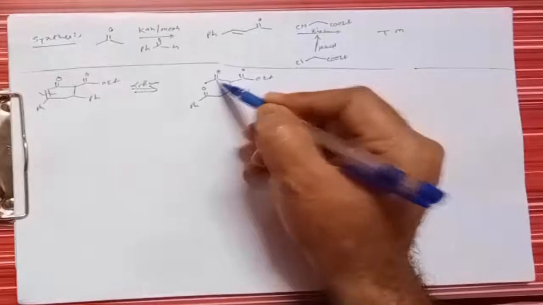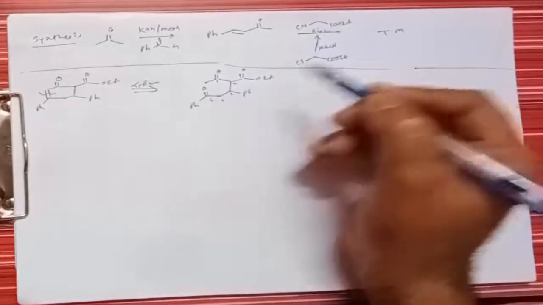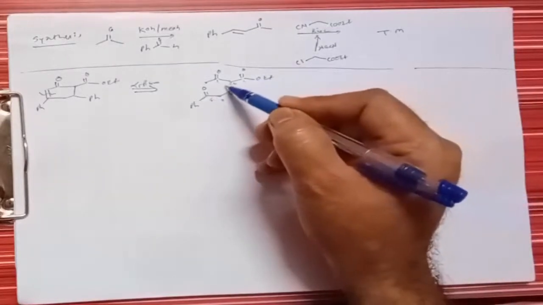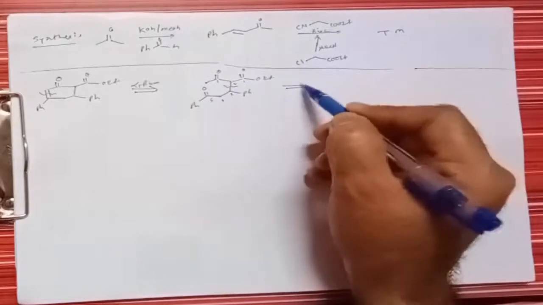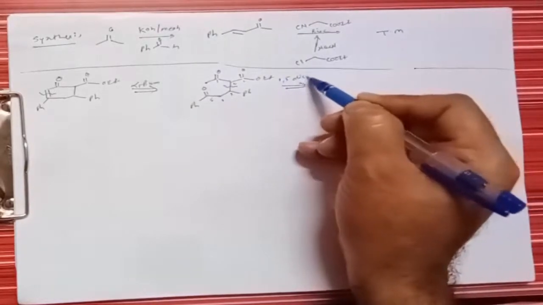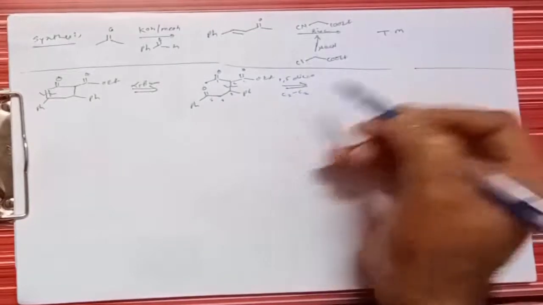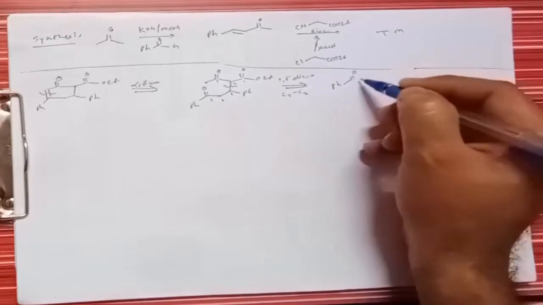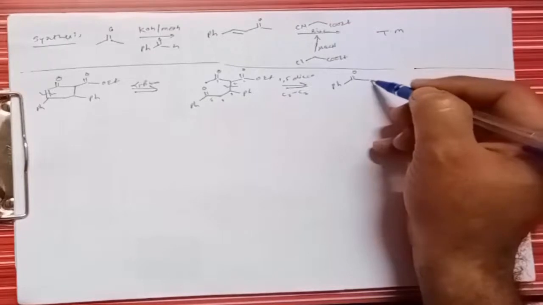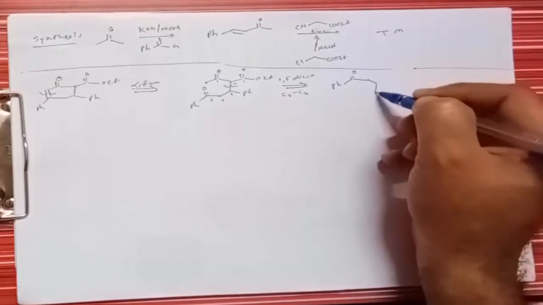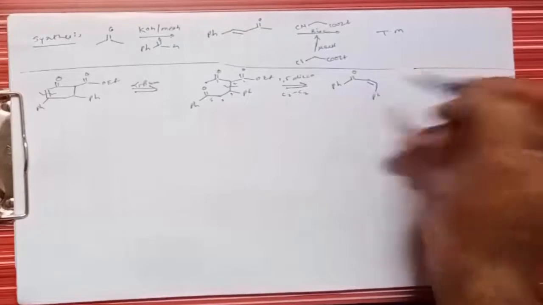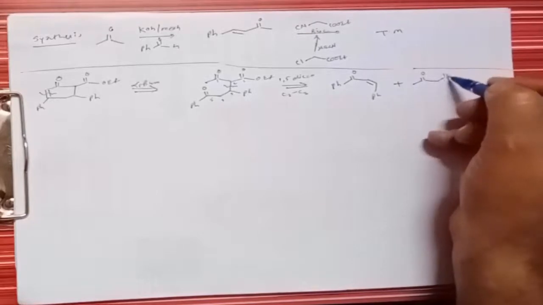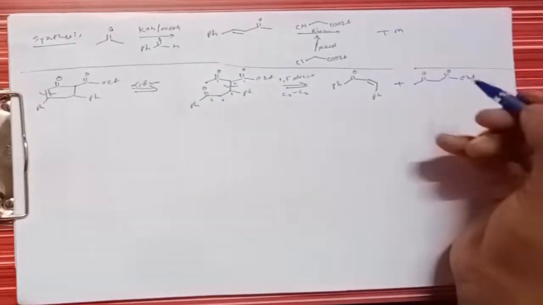Then if you see, here is 1 2 3 4 5, a 1,5-dicarbonyl compound. Then we can break the bond at this C2-C3 position. So it is a 1,5-dicarbonyl compound, therefore we can break this C2-C3 bond. After breaking this C2-C3 bond, what does it give? It gives Ph C double bond O CH2, then there is again CH2 Ph, and here is a positive charge, instead of which we can take a double bond, right? Plus it gives formation of ethyl acetoacetate. We know that this ethyl acetoacetate is easily available.